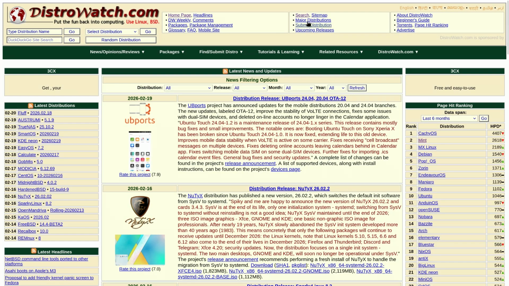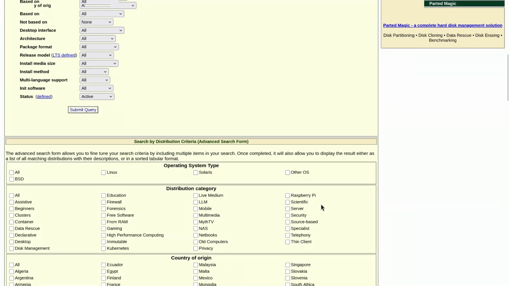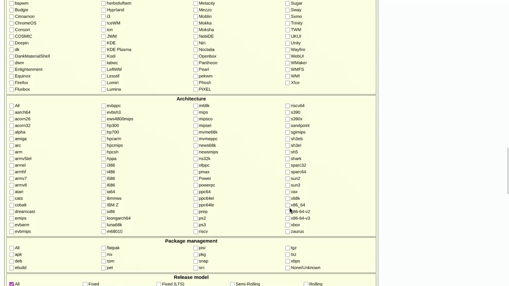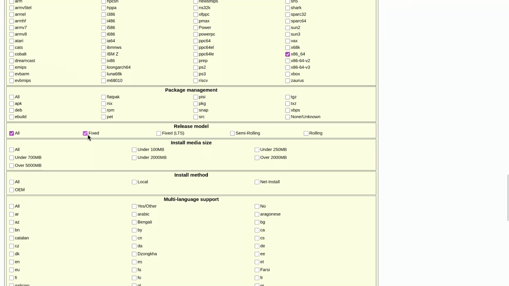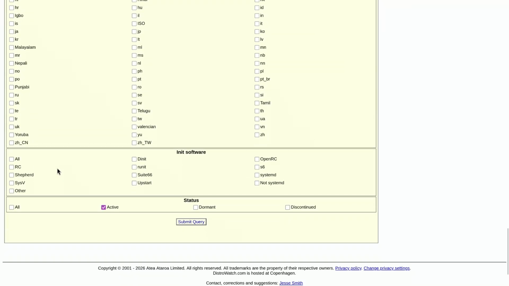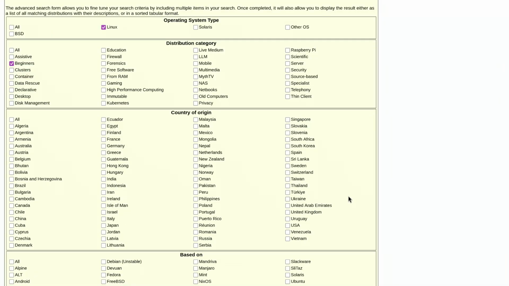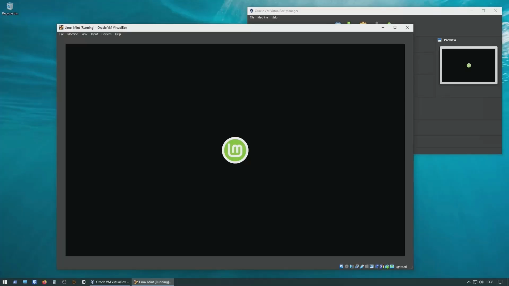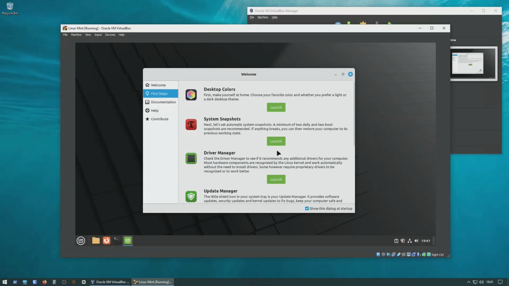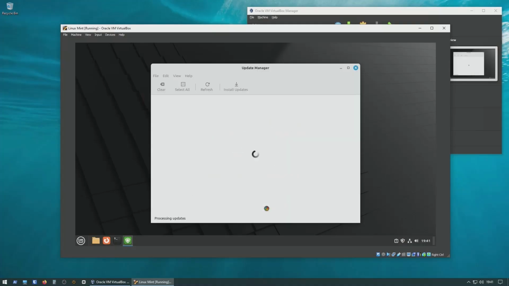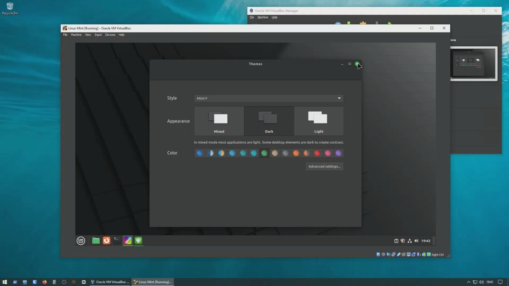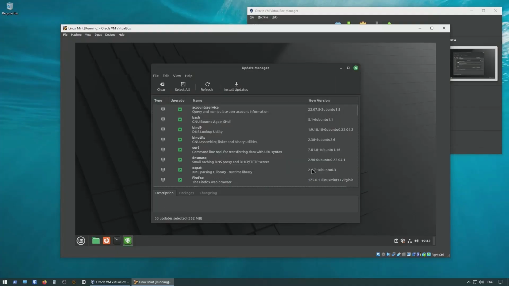So what are you waiting for? Head over to distrowatch.com and use this search tool to find your personalized list. But here is the most important part. Do not just follow my exact selections. This is your journey to finding the perfect distro. So play with these forms, experiment with them, and see how it affects your results. And then, don't stop there. The next crucial step is to test them out. So download a virtual machine and install at least 4 or 5 of the top picks. Play around, get a feel for them, and I guarantee you will find the perfect Linux distro in no time.